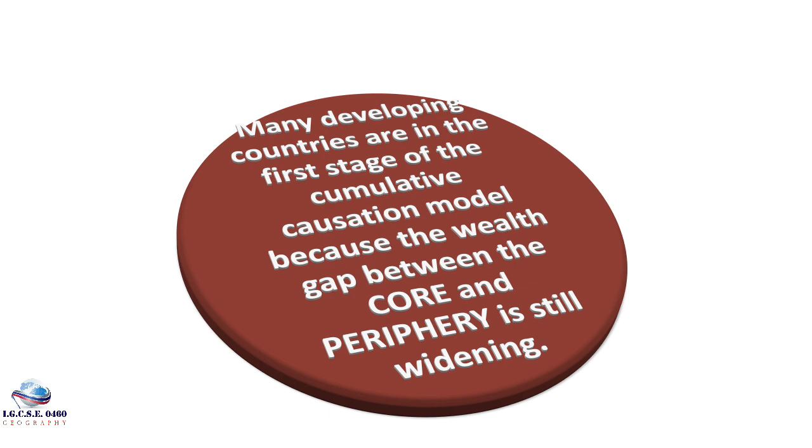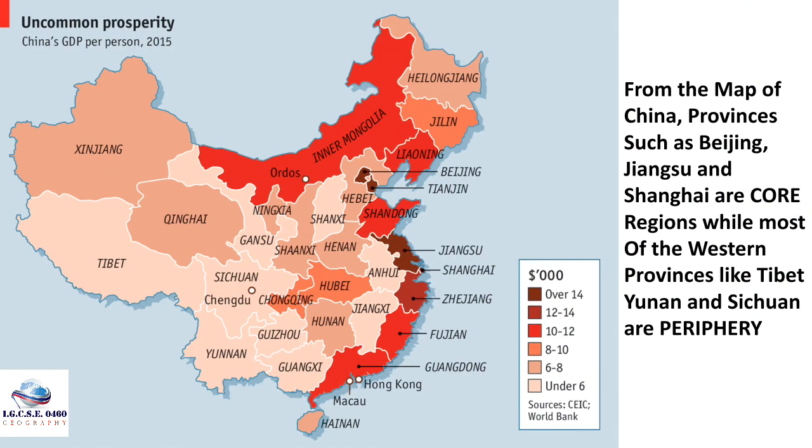areas. But when we come back to a single country and look at the differences in the level of development between the regions, then we see that within the developing countries, the peripheral areas or the rural areas are more poor, while the urban areas may be more rich. Those are the core regions. So we say for the developing countries, we are still in the first stage of the cumulative causation